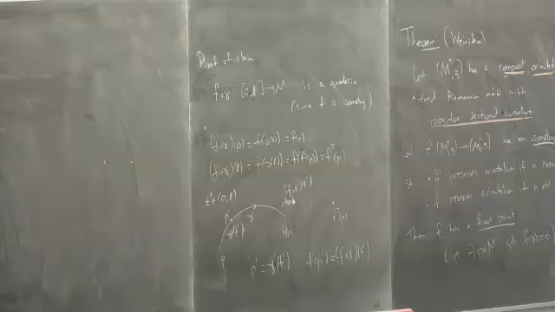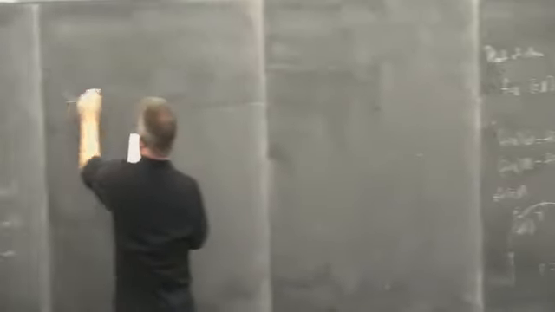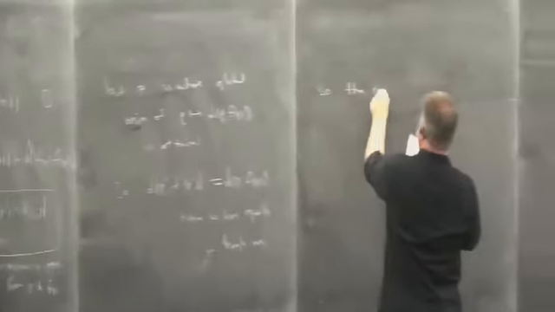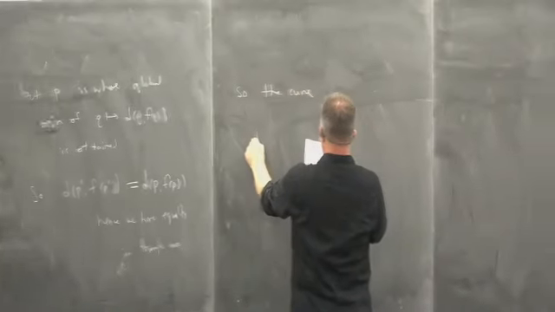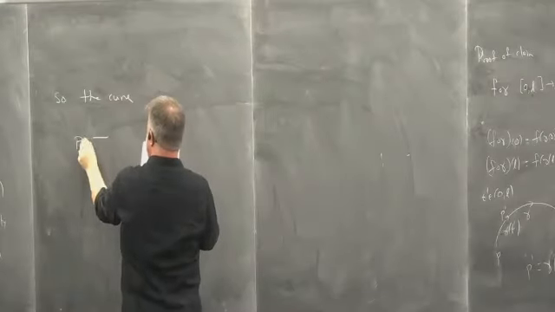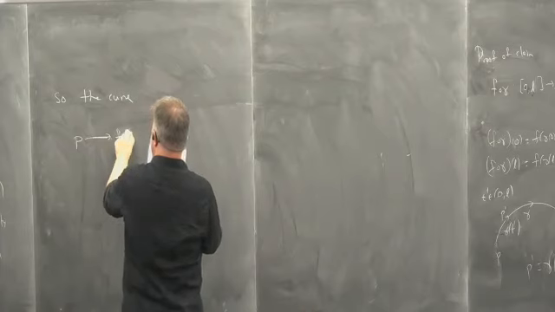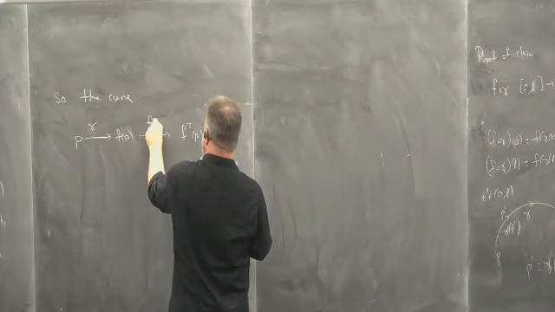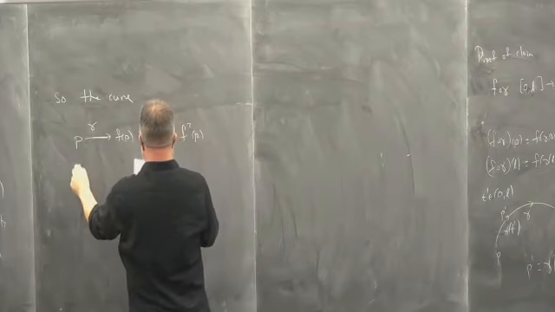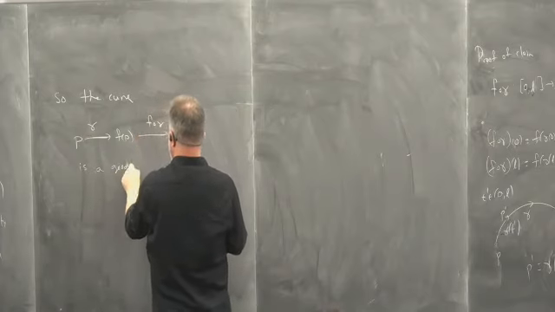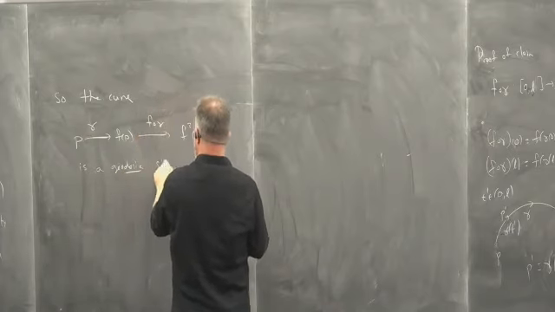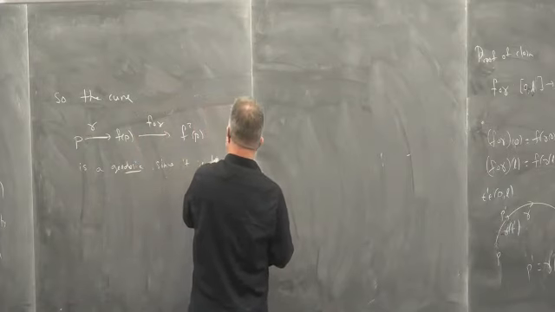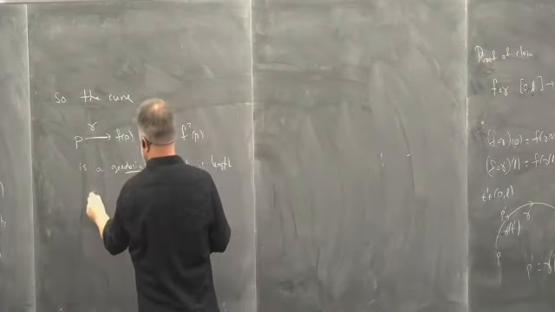So let me say it here. The curve which goes from P to f of P along gamma, and then to f squared of P along f composed gamma, is a geodesic,